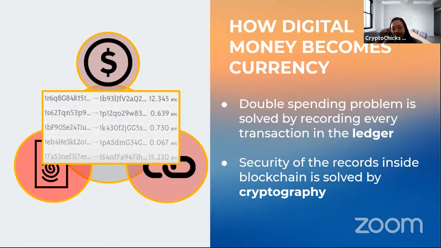Blockchain can be answered in this next point, which is the double spending problem is solved by recording every transaction in the ledger. The double spending problem is where you can spend the same money twice. So say if I had $10 and I spend it on a t-shirt, I get a t-shirt, and then I take the same $10 and I go spend it on coffee. And instead of paying $20 in total, I actually only spent 10. So it sounds a bit like a funny situation because it's not something that we really encounter in our everyday lives, but